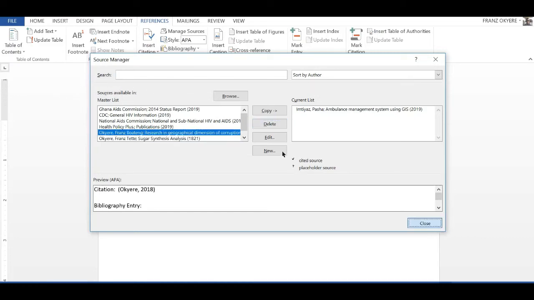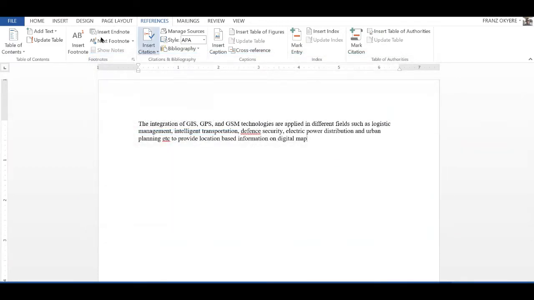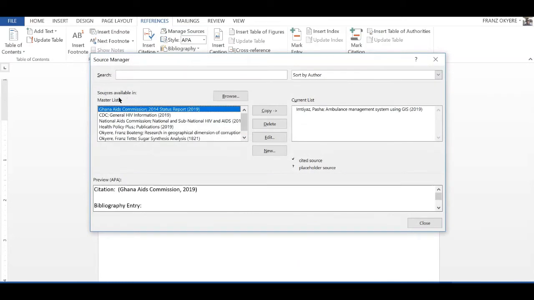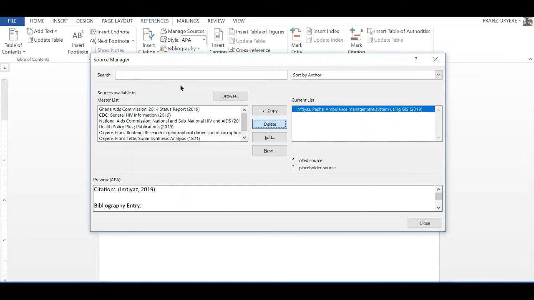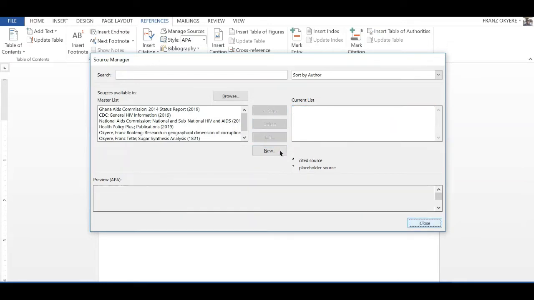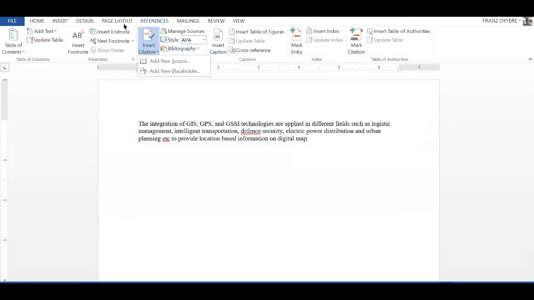So the one that we are going to create is now going to have to be here. So let's go back to manage sources and see whether we still have it there, because it still shows up here. We want to delete it and close it. Hopefully it should get out. Exactly, so now it's gone. So we can now insert a new one.